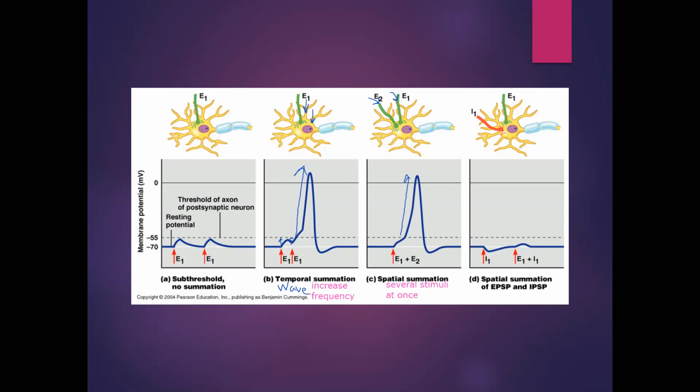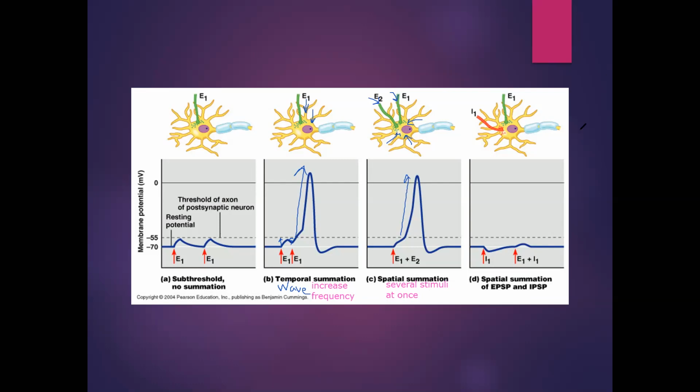So we could go here. So here's another one here. And just like I've been showing you spatial summation all along, like on the whiteboard, we stimulated it in a whole bunch of different places with little baby EPSPs, and then boom, I got an action potential. Okay, now